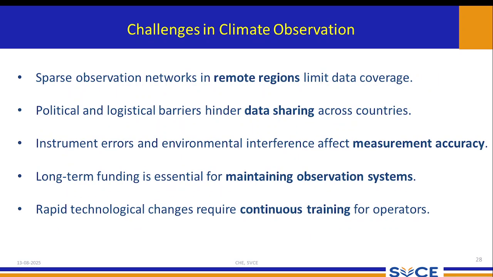What are the challenges in climate observation? Sparse observation networks in remote regions limit data coverage. Okay, political and logistical barriers hinder data sharing across countries. Okay, instrument errors and environmental interference affect measurement accuracy. Long-term funding is essential for maintaining the observation systems. Rapid technological changes require continuous training for operators. Challenges in climate observation: once the climate observation has been confirmed, then only we can go on and take a